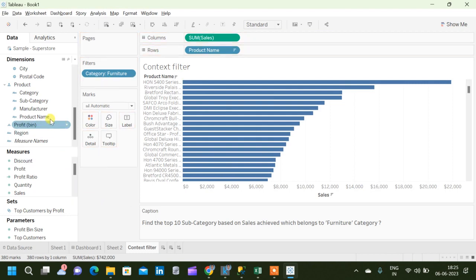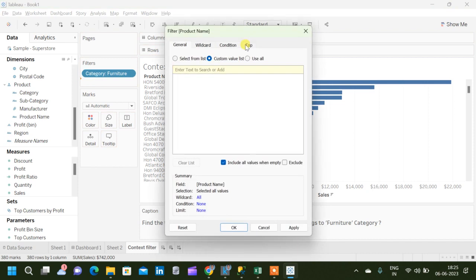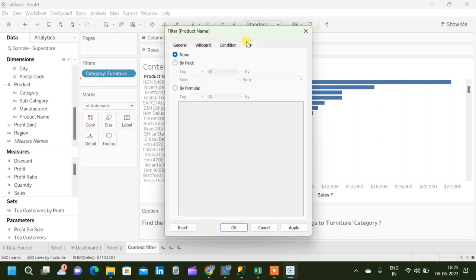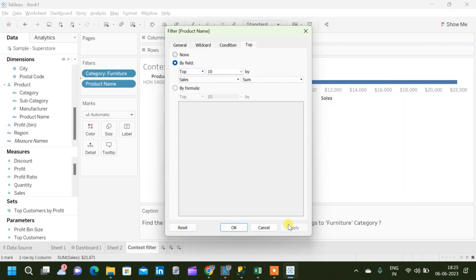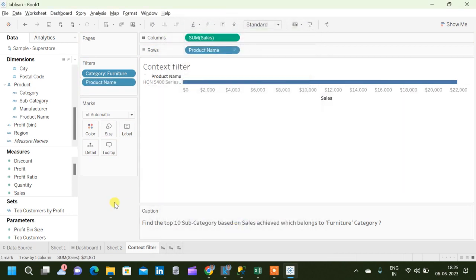Then instead of this top 10 subcategory, we'll put the product name, then top by 10, apply. Okay, now here we can see that the exact same thing happened because these two are dimension